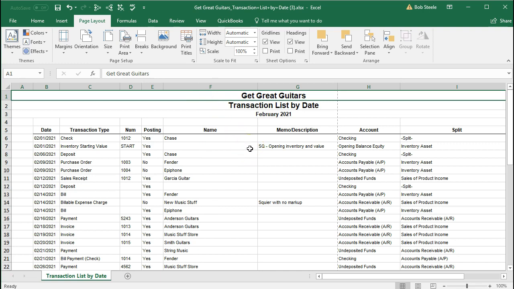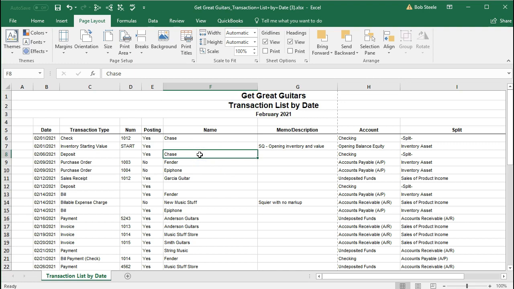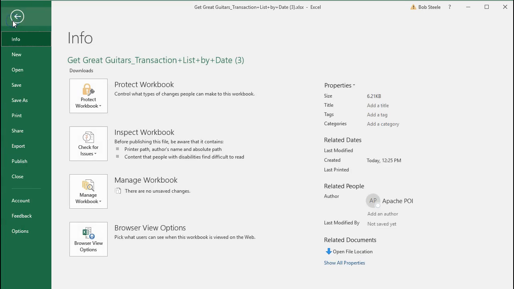What I'm going to do is force it to work by adjusting the printing options, which is the last thing you want to do to make this work, because it will adjust the font size and everything. So we would rather fit it to one page wide by adjusting the size of the font manually, and or the column size, or deleting columns. But we're going to go ahead and do the last resort, which is go to the File tab,